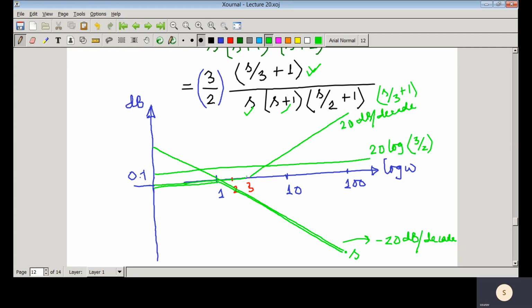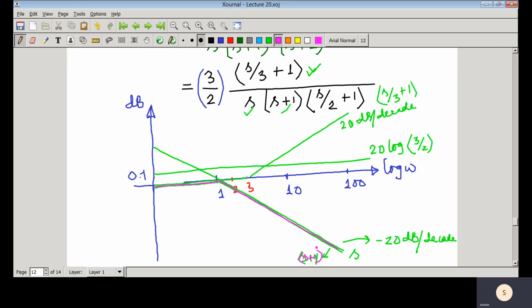So here I am writing that s plus 1. This portion is overlapped with that, so I am just taking another color. So this one is overlapped with that s, and this one is s plus 1, s plus 1,